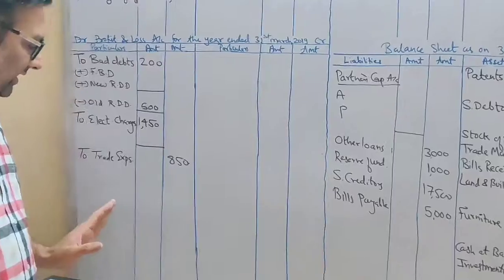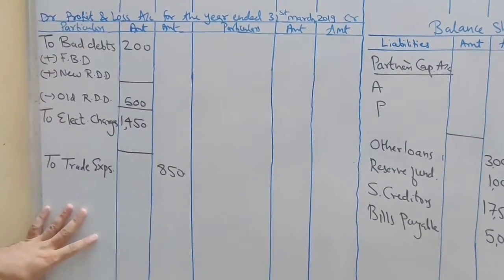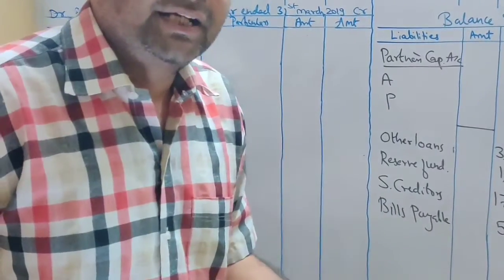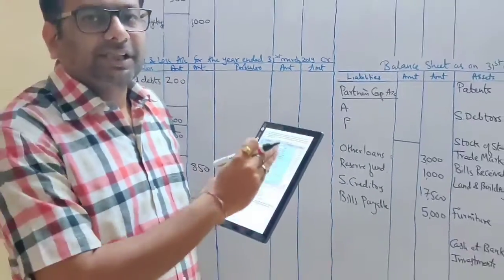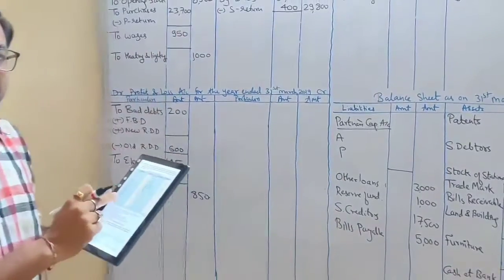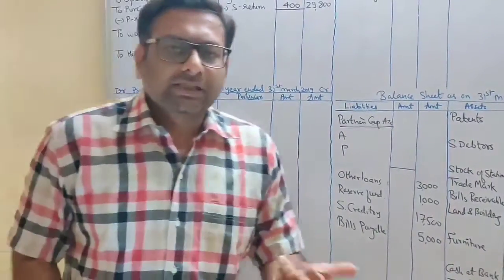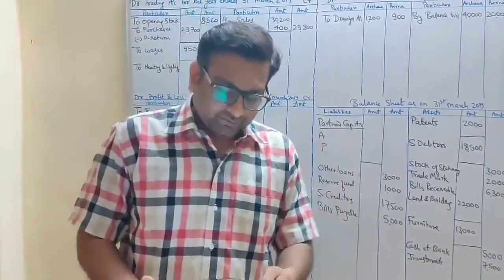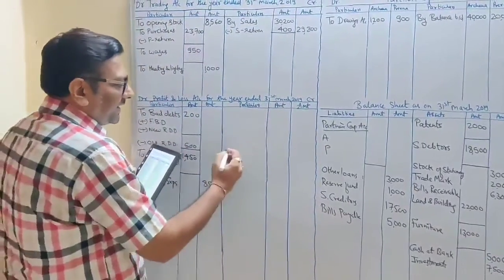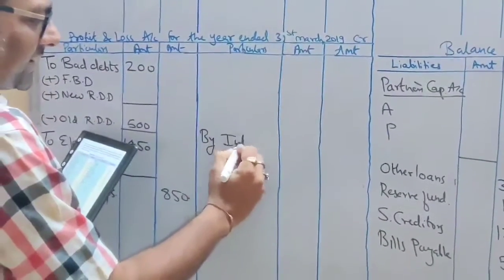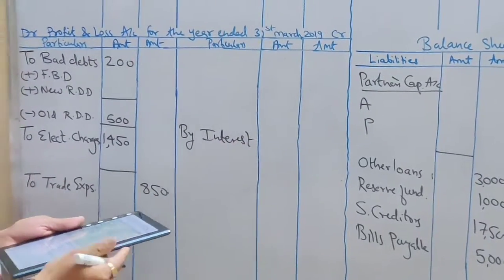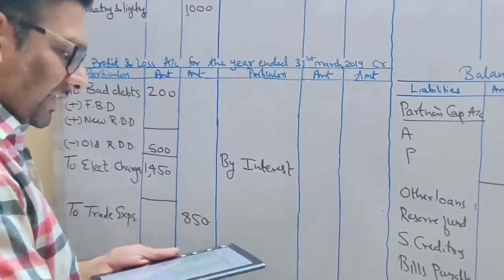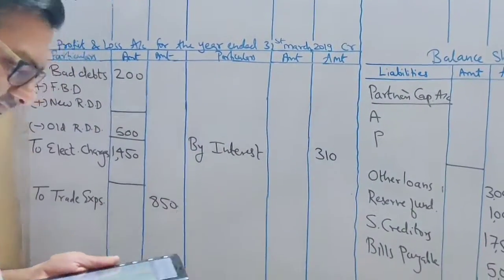So it's very simple. If the interest amount is given in the debit column, write it on the debit side. If it is given in the credit column, write it on the credit side. So you have to just check in the question. If it is in the credit column, credit side. If it is in the debit column, debit side. So simple rule: debit wala debit mein, credit wala credit mein. This is the most important rule. Now, interest they have given on the credit side, so I am writing interest on the credit side. And there is no adjustment on interest, so you can write it in the outer column, 310.